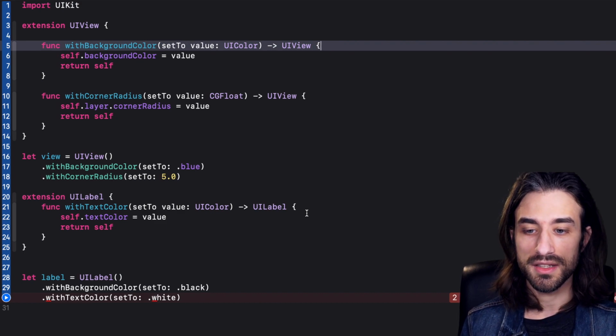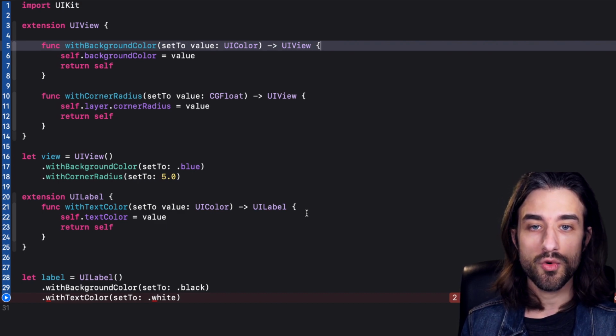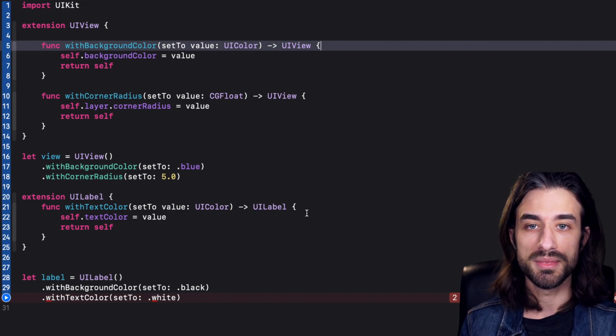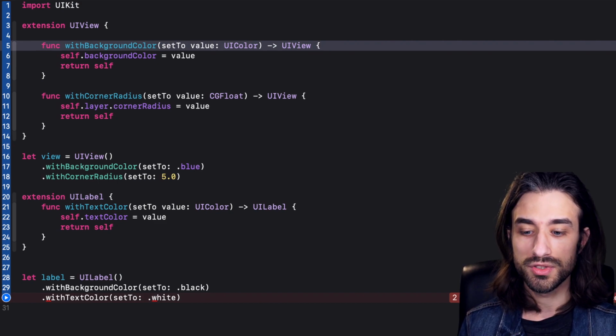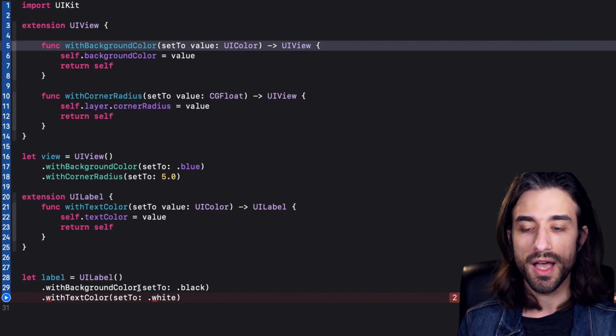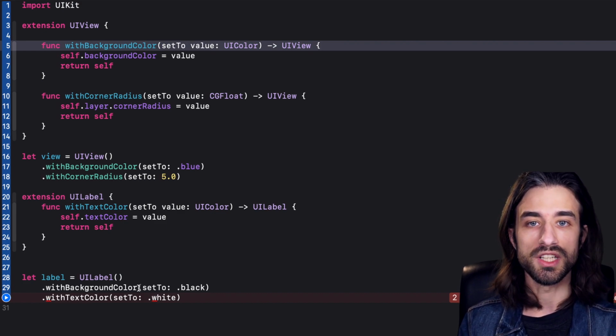So our pattern is not working because whenever we are calling a method that was defined in an extension on UIView, the return type becomes a UIView, and we can no longer call methods of the actual subclass that we are using. So we need a way to tell the compiler that when we call the method withBackgroundColor on a UILabel, it must return a UILabel, and when we call it on a UIView, it must return a UIView.